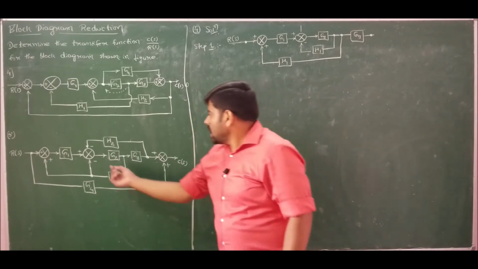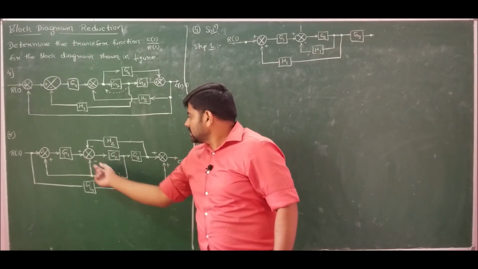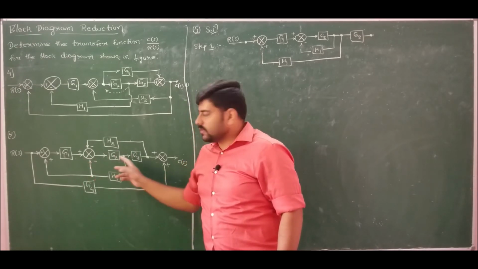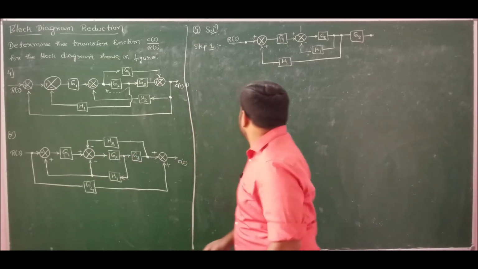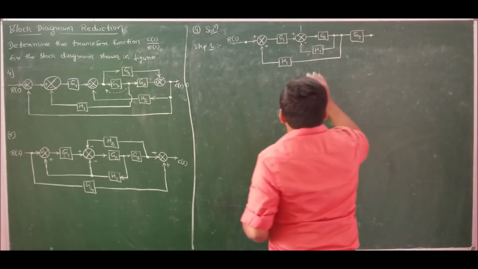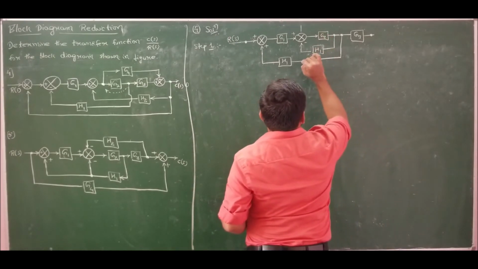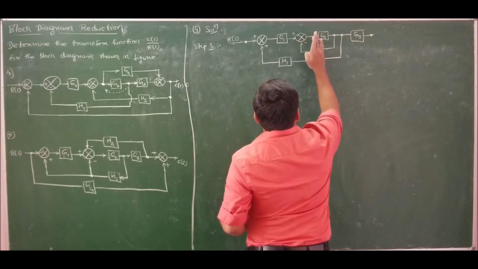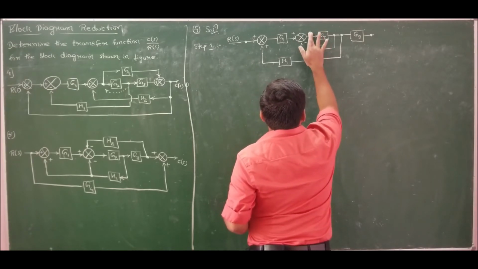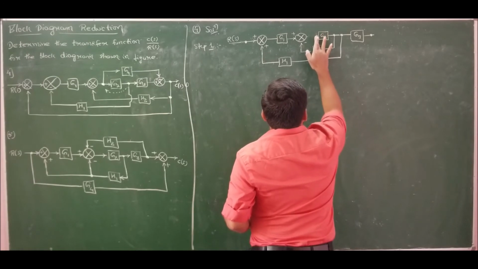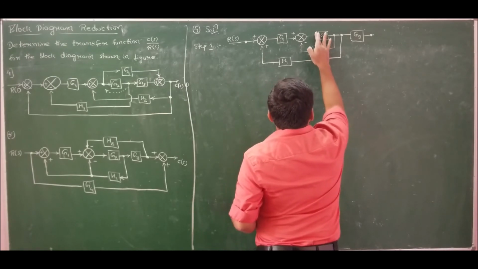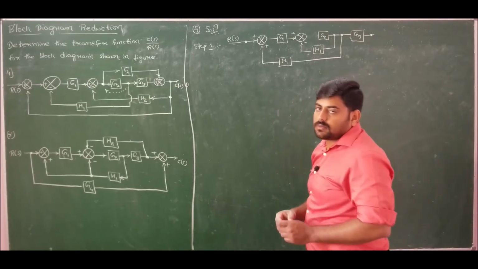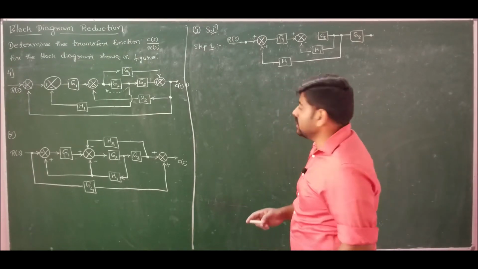So therefore I can write this summing point twice, one for H1, one for H2, because for the same summing point we have two feedbacks. So therefore split it. So if I split that, we will get two summing points. You can write it whichever to the right or whichever to the left, because it doesn't make any difference. As you know, we can interchange the summing points. It does not make any difference. That is our rule number 1.